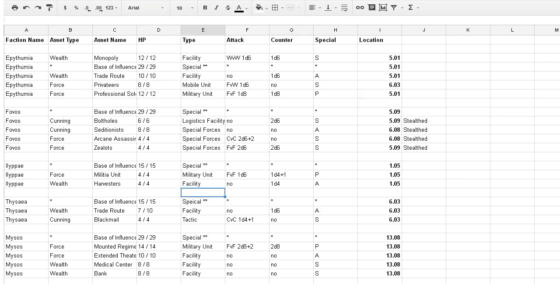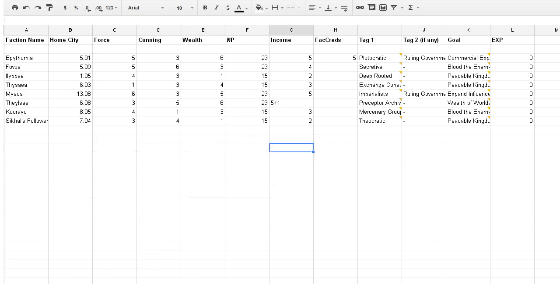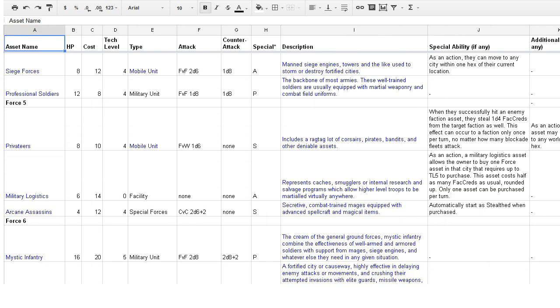Oh, and on a successful attack they steal 1d4 fat creds. 4. Ouch. That really hurts. Here's the question. What happens when they can't...